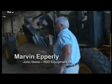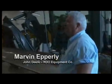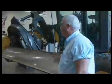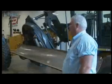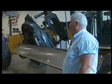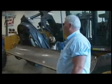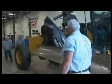Fellows, my name's Marvin Epperly. I'm an operator out of the Coal Valley demonstration area and Sacaton, Arizona demonstration area for John Deere, one of 6 product applications consultants. I'm humbled and I feel privileged to be here in the midst of all this wisdom. I see a lot of years, a few whiskers, and a lot of wisdom mixed in with this crowd, and that I could be allowed to share with you somewhat the